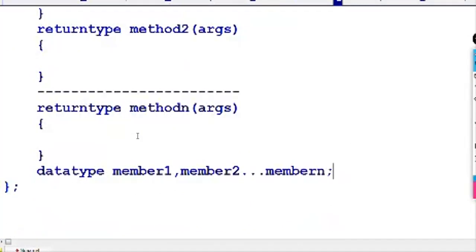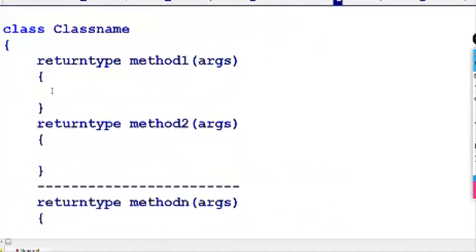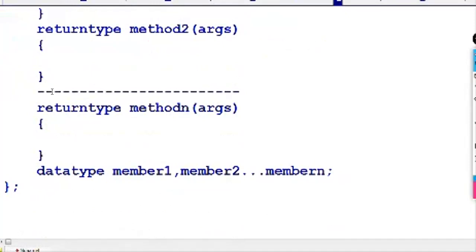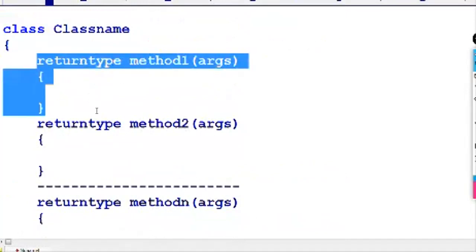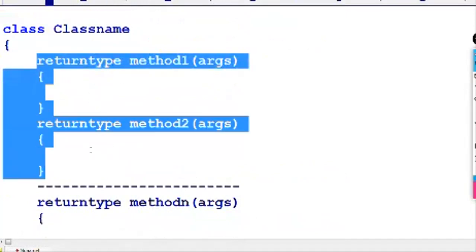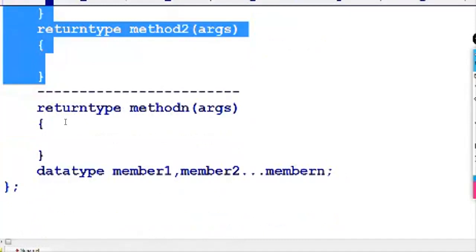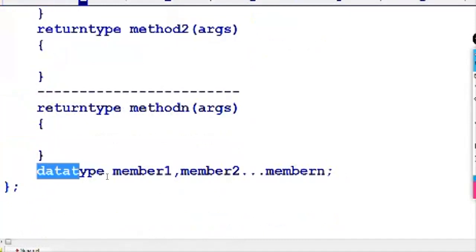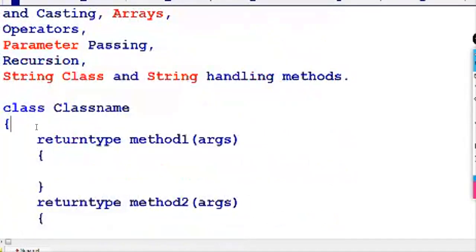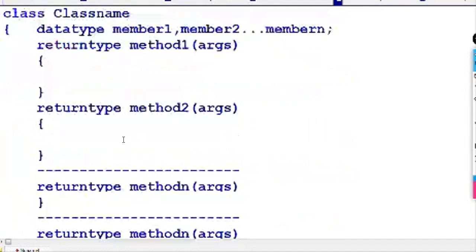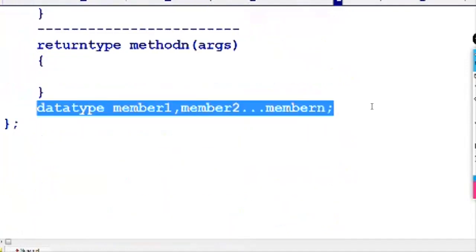When you define a class with a set of methods, the class cannot be executed without a main method. Once again, inside the class we may have several methods, but it must be executed with one primary method, and that primary method is the main method. For our approach, I am declaring the variables at the beginning of the class, though we can declare them anywhere.